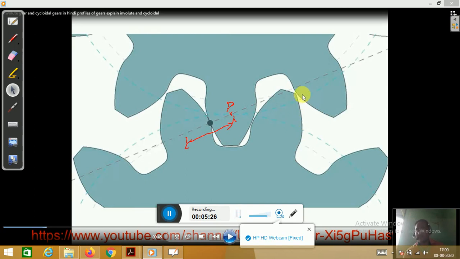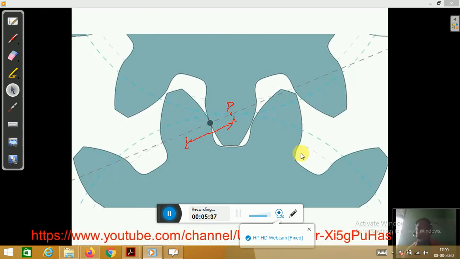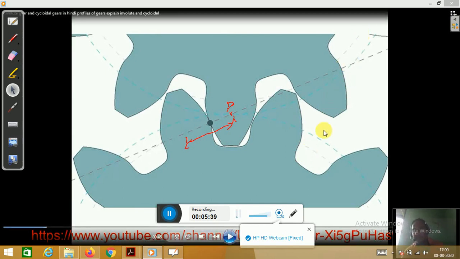Gear tooth profile, you can see this is the gear tooth profile, and this blue line is almost passing through the half. That depends upon the module. Then you can also observe one more circle in these gears. So this is this gear, this circle. This blue color circle and this blue color circle, you can observe.